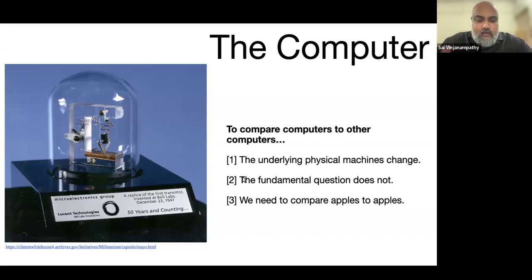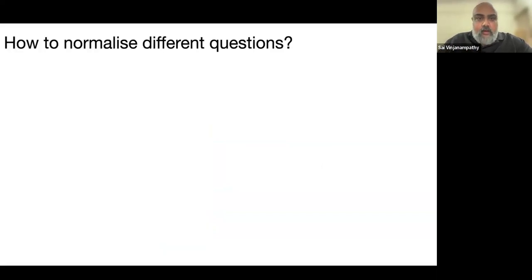For those of you who are not in STEM but are in this lecture so that you can become aware of the power of quantum computing, this is the question that will be in front of you, because somebody will come and sell you a solution that they will say is better because it's quantum. And now you have to remember that you have to first normalize a lot of things before you can ask the apples to apples question, and oftentimes this may not be fully the correct answer. Okay, so